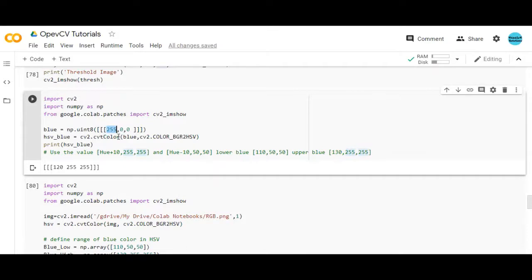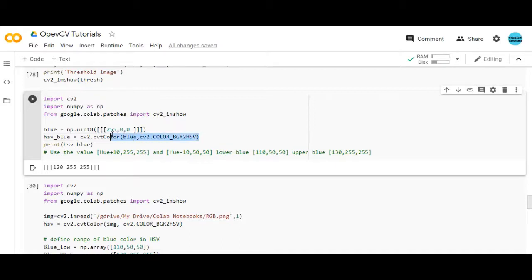Then I am using the same function we have used above, cv2.cvtColor. But here I am changing the color space from BGR to HSV. Earlier we changed from BGR to gray, but in this case we are changing from BGR to HSV.